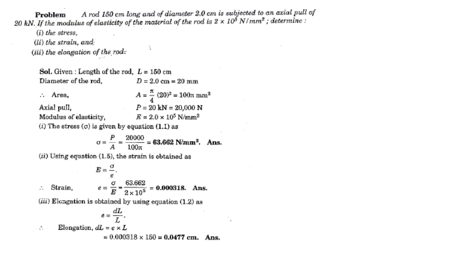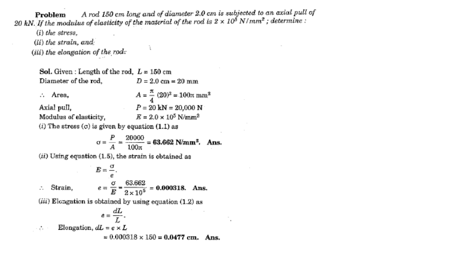Now let us see the problem. A rod 150 centimeter long and diameter 2 centimeter is subjected to an axial pull of 20 kilonewton. If the modulus of elasticity of the material of the rod is 2 into 10 to the power 5 Newton per mm square, determine case 1 the stress, the second one the strain, and the third one the elongation